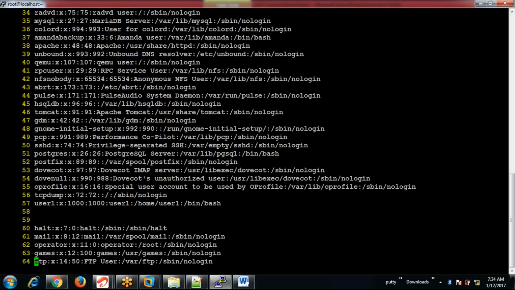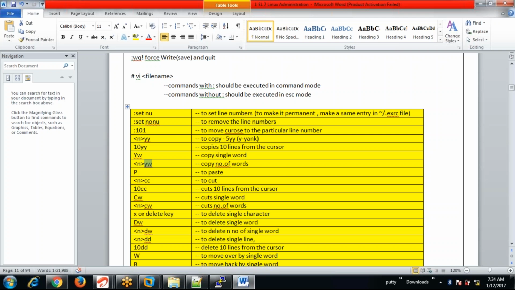So that is, you need to give the key P. Again, if you want to cut a single word, keep the cursor at the starting of the word and then give CW. It's cut. Go to escape mode and press P. So you will be pasting it. So this is how cut-paste and copy-paste work by using these commands.